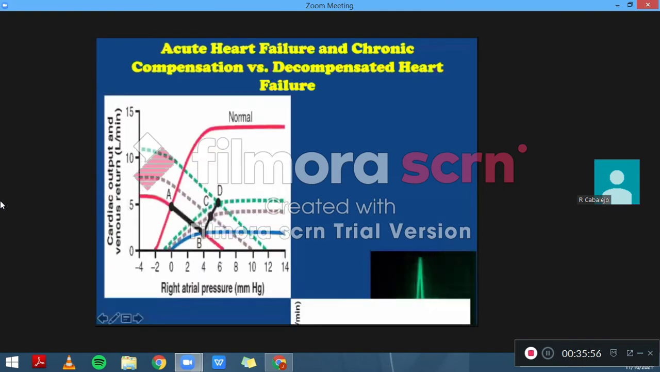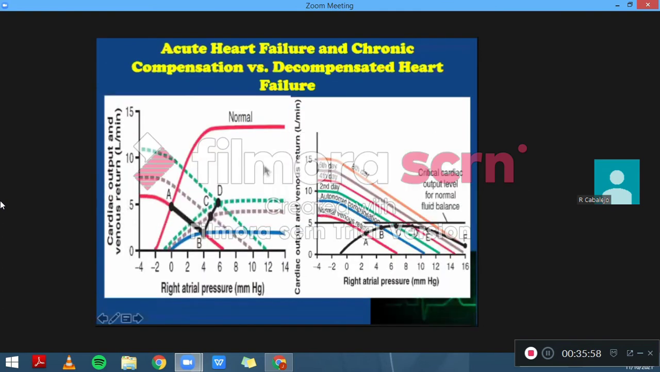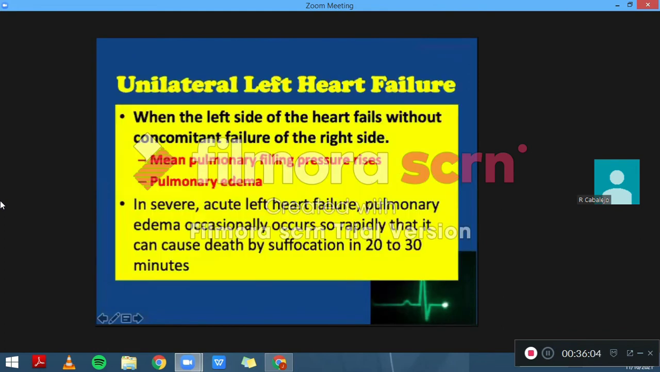So please take note again of the differences of the graphs in compensated versus decompensated heart failure. We also have a specific kind of heart failure, which is unilateral left heart failure. This develops when the left side of the heart fails without concomitant failure of your right. So your mean pulmonary filling pressure rises because of the shift of large volumes of blood from the systemic circulation